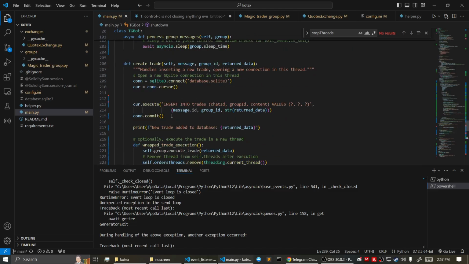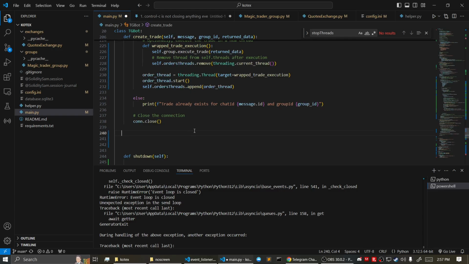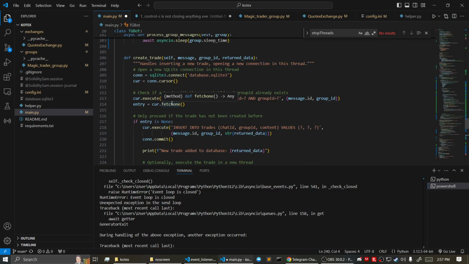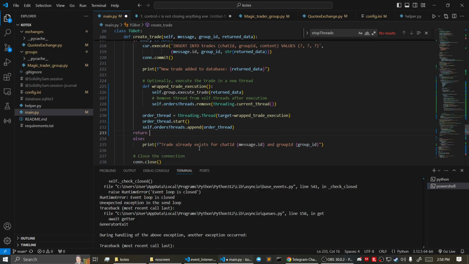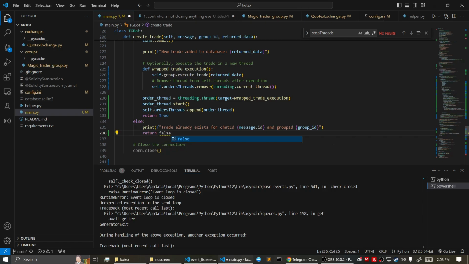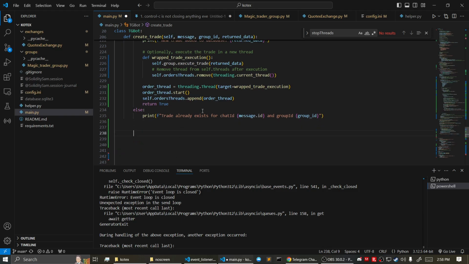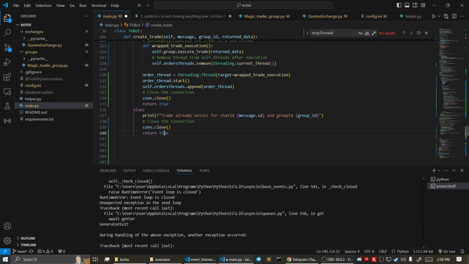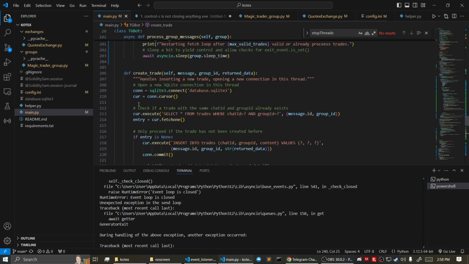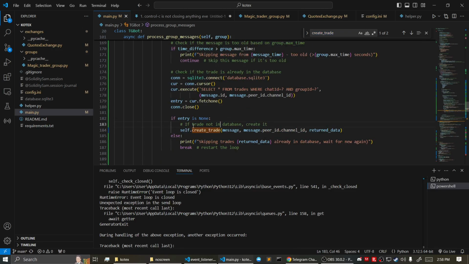It's not the end of the world. And worst case, I'm gonna return true here and return false here. Oops. Return false here, and on create